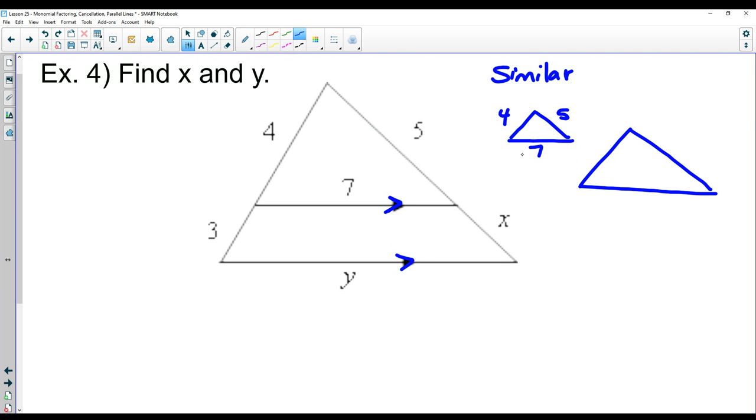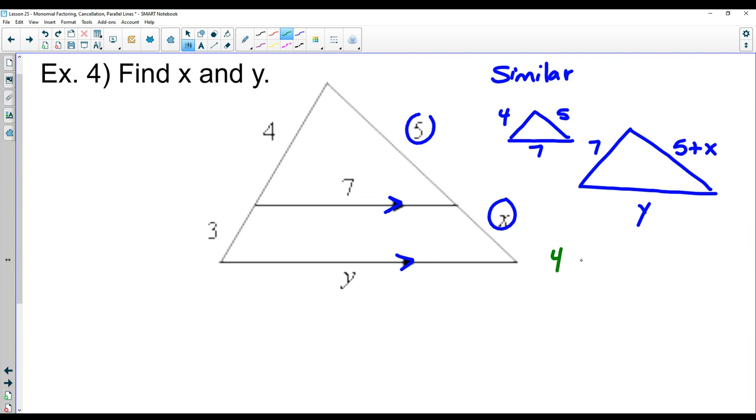Large triangle, that left side, we're going to add up the pieces 3 and 4 for 7. And the right side, we're going to add up the pieces 5 plus x. Don't tell me it's 5x. It's not 5 times x. You're adding those two pieces together. And the bottom of the big triangle is y. So once you've got that all set up,